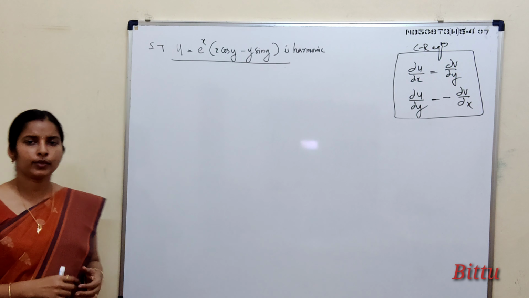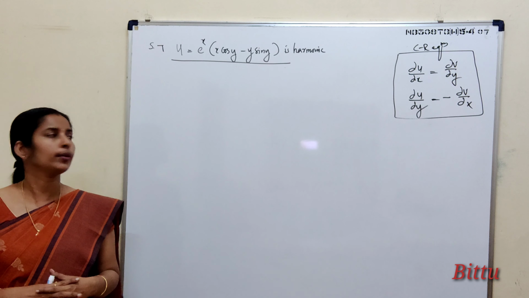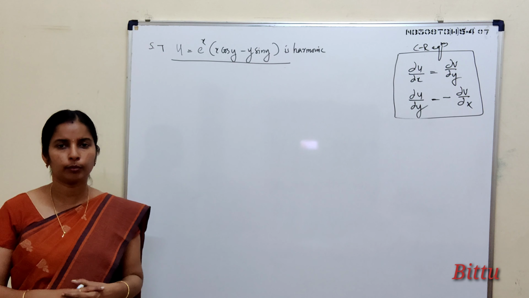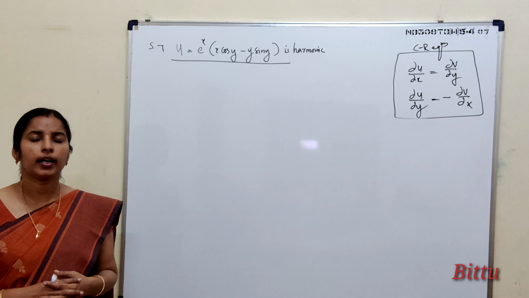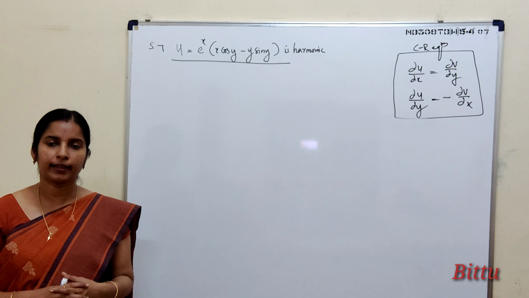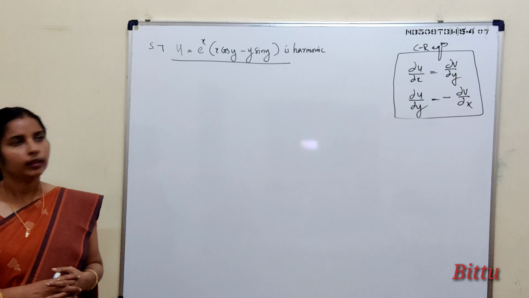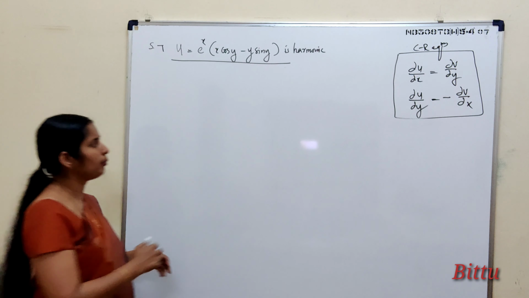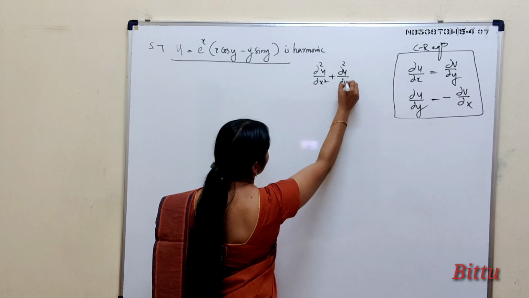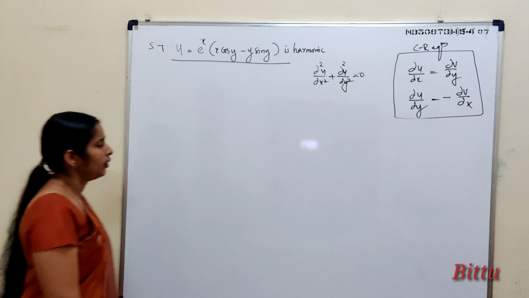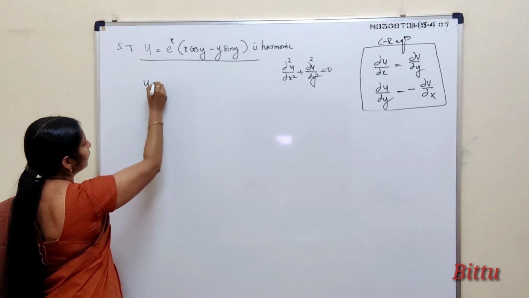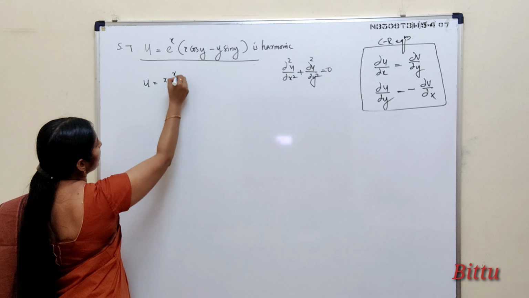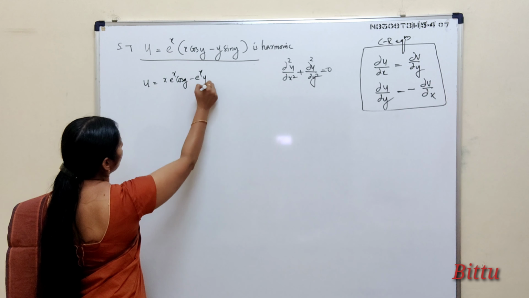See this? Next, we have to show that u equal to e raised to x into x cos y minus y sin y is harmonic. See, in the question paper, you can see such functions, either based on harmonic or harmonic conjugate or determination of analytic function, like that. So, for proving u harmonic, you prove that dou square u by dou x square plus dou square u by dou y square equal to 0. For the convenience of differentiation, let me rewrite u as, you open the bracket, x e raised to x cos y minus e raised to x y sin y.